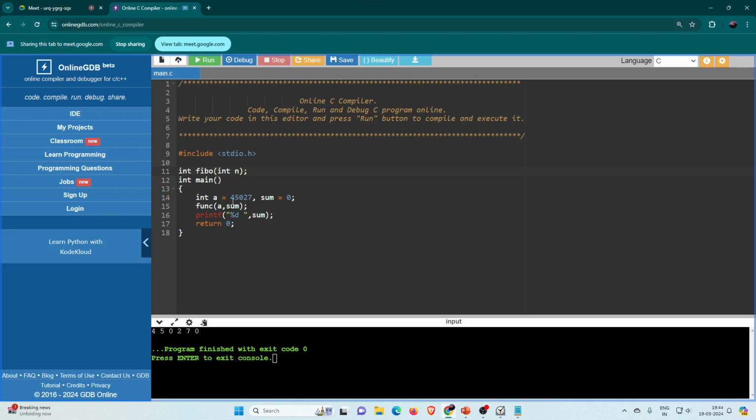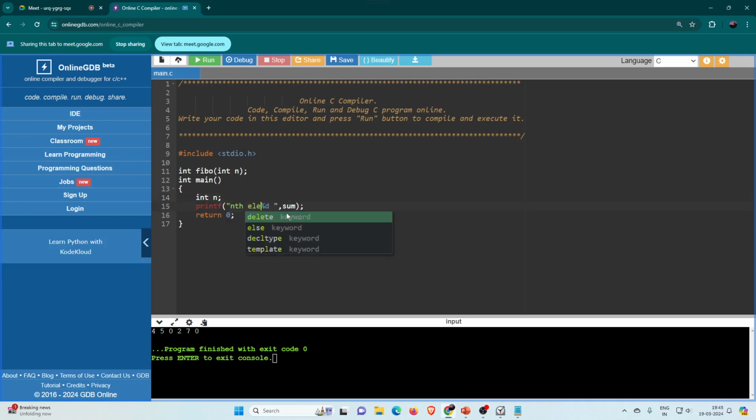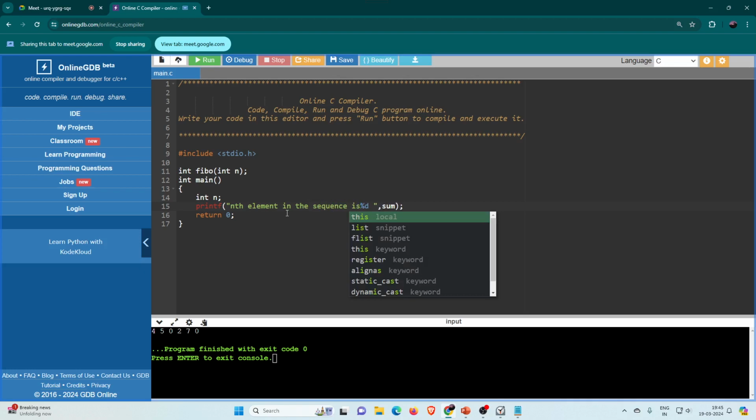I'll define it later. So printf, the element in the sequence is,